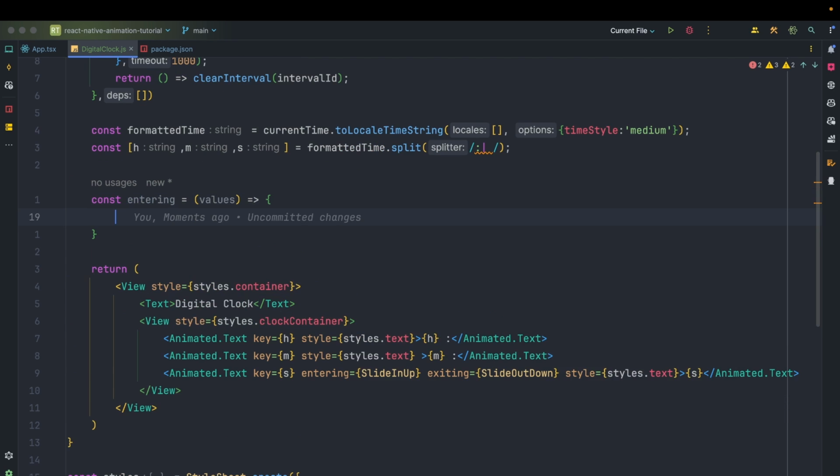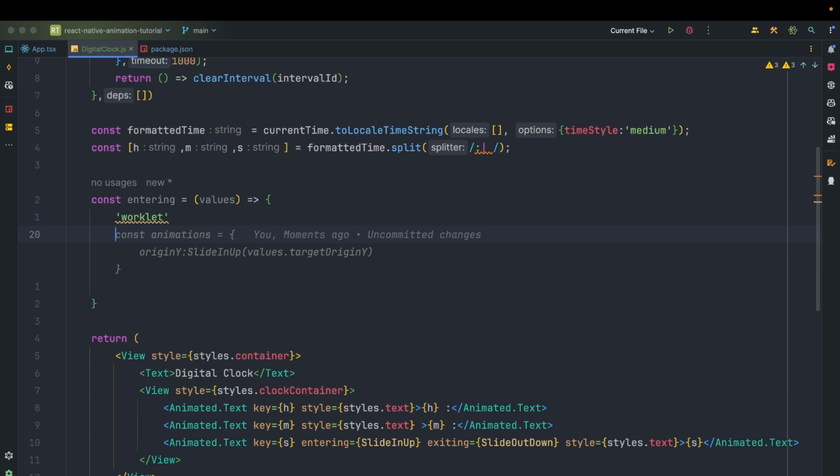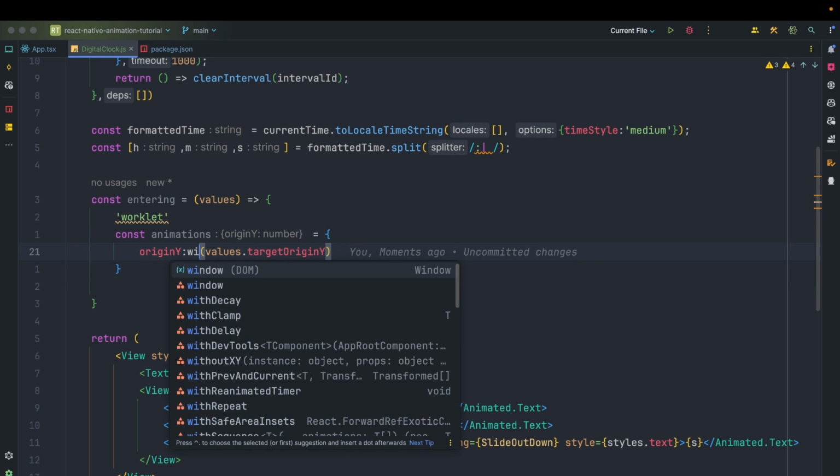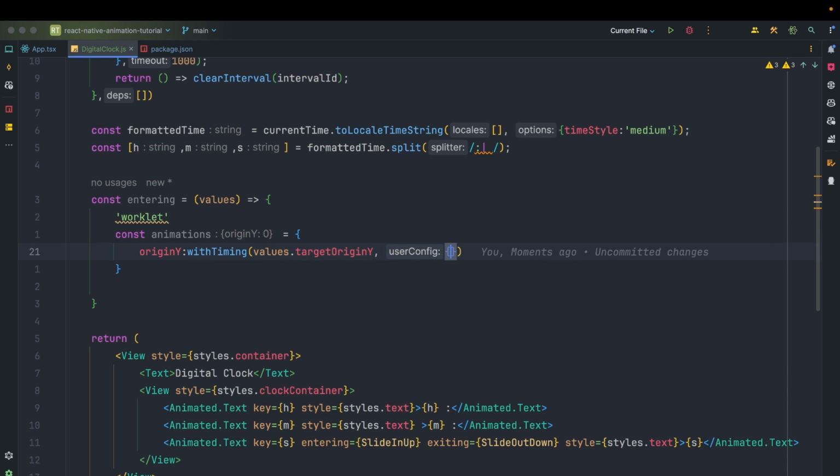To create the worklet in React Native Reanimated, you need to pass the worklet string like this, and then you can do whatever you want. So over here, instead of using that slide up down, we are going to use withTiming, and similarly we are going to define the duration over here, for what duration you are going to do the animation of